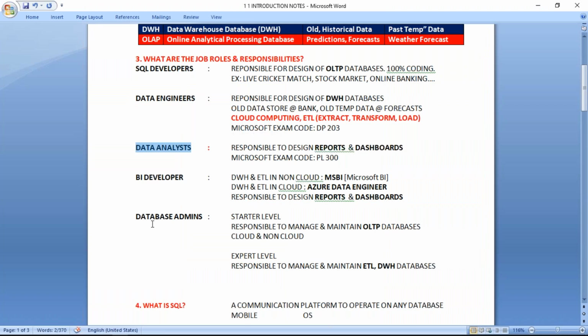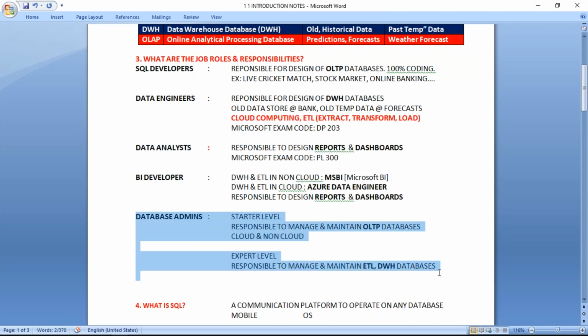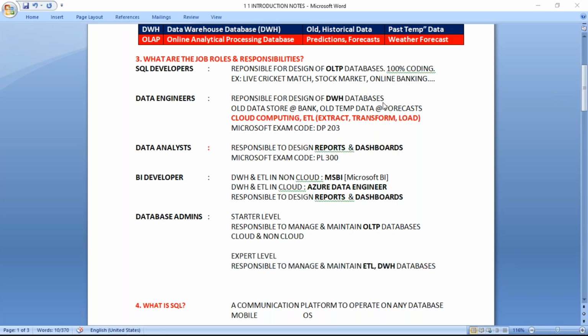No, Sai, I already decided to go for DBA. Happy, go for DBA. But which one? Starter level or expert level also. We'll start with SQL slowly, step by step. After we do SQL, only then can we proceed to our core concepts. As per the curriculum, we'll do one by one.